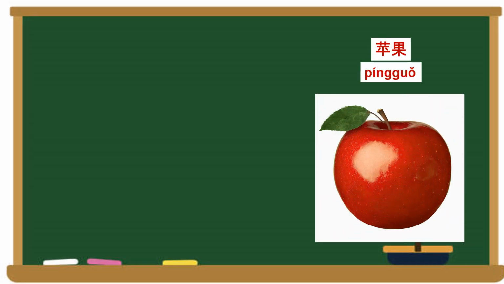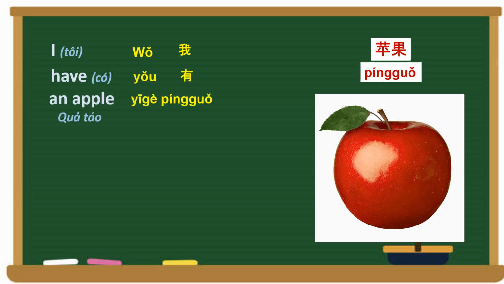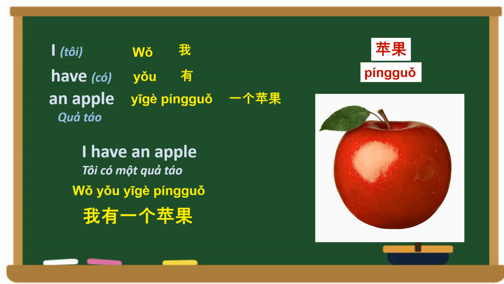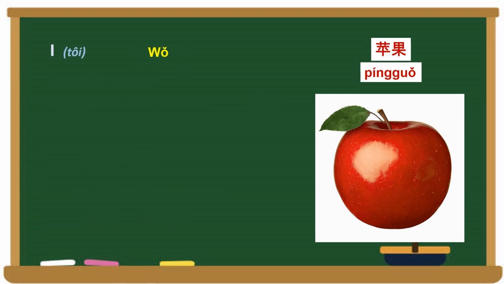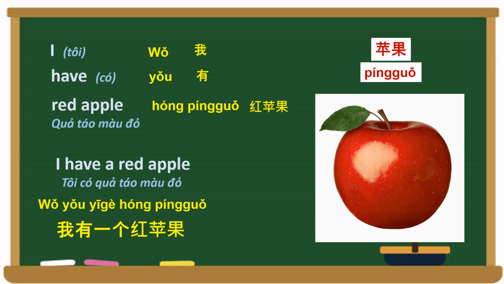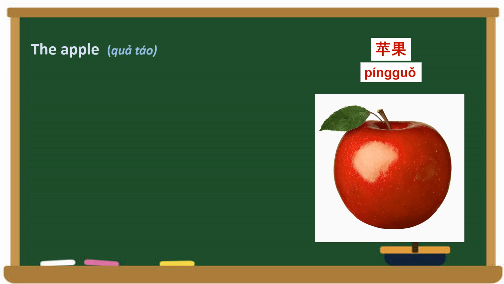苹果. I is 我, have is 有, an apple is 一个苹果. I have an apple. 我有一个苹果. I is 我, have is 有, red apple is 红苹果. I have a red apple. 我有一个红苹果. The apple is 苹果, delicious